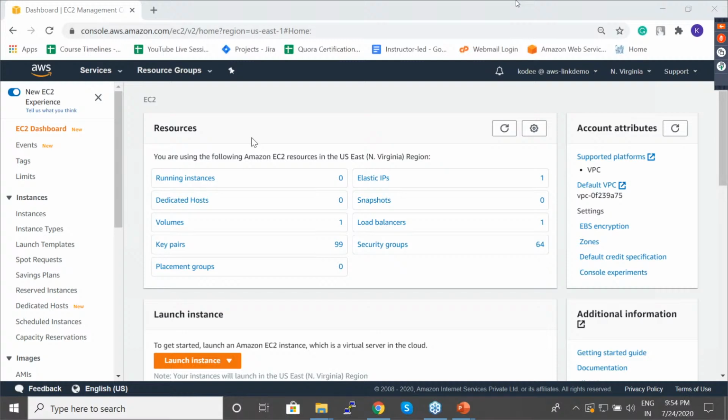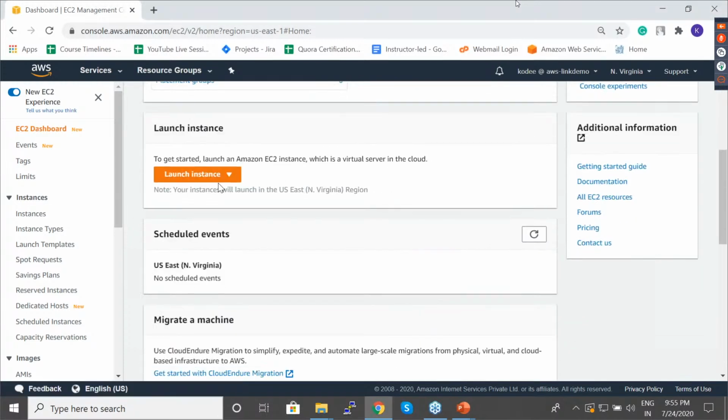Soundararajan Francis, I think your question is how much will a server cost if I launch one using an AWS account? First of all, there is a free tier eligibility using AWS. There is a particular instance type, which I'll show you right now, which is completely free for 750 hours every month. Okay, so now let's get into the demo, guys.